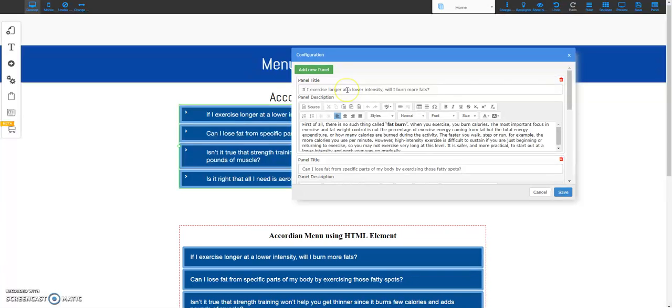Basically, the panel title is what you see here for the person to click on. So basically, it's the frequently asked question that they want an answer on. And if they click on it, it collapses it, and it'll show the answer. And this is where you put the detail to this particular question or item that you put into the title